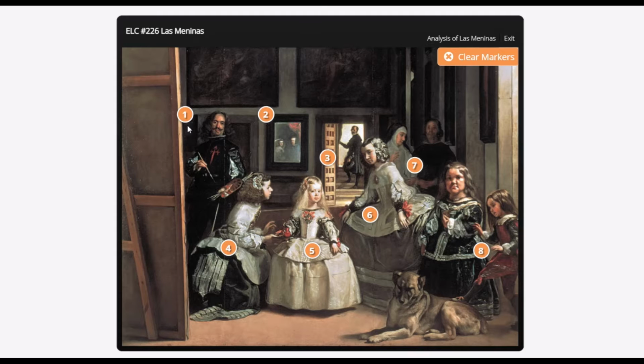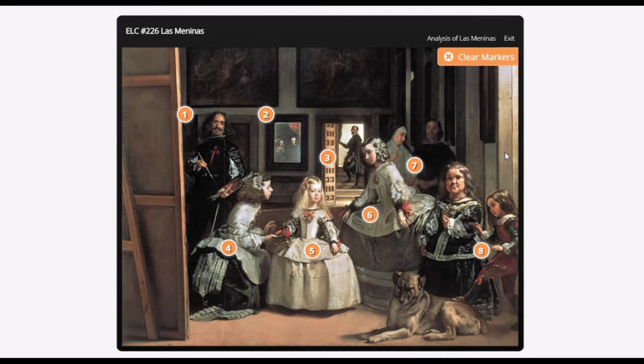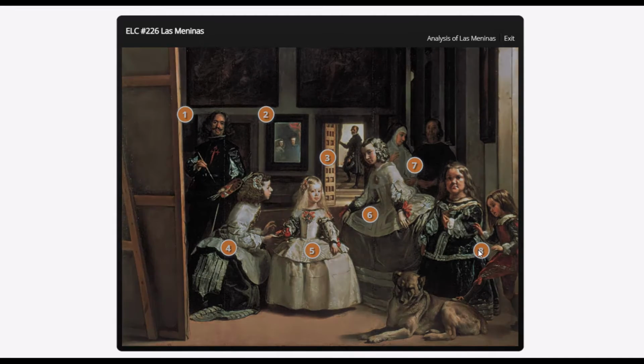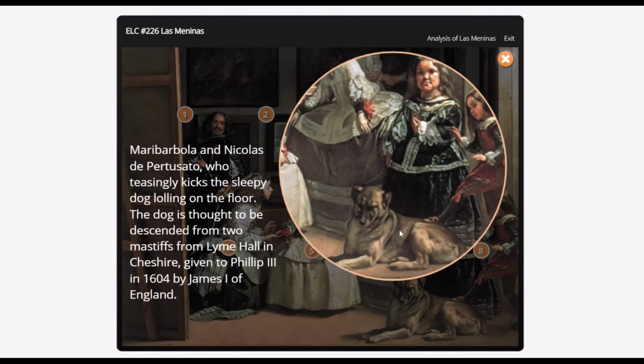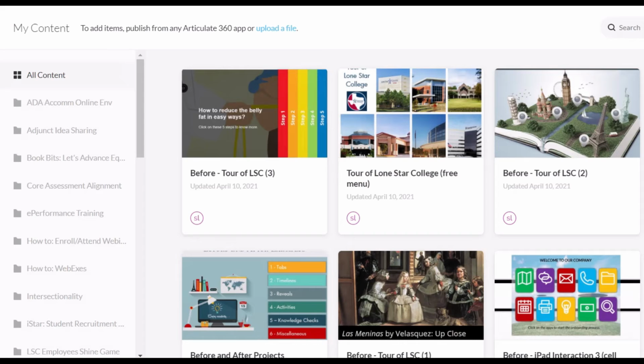I could picture something like a map with markers on it to show a tour of LSC. When I hover over the numbers, nothing happens, but when I click on it, the background fades and then something is highlighted and described. And then I X out to go back to the picture. I can click on something else, and then it's emphasized and highlighted and then described. So I liked that idea. Even though this was a painting and not a map, I thought I can use that. So the first thing I did was tuck that away,